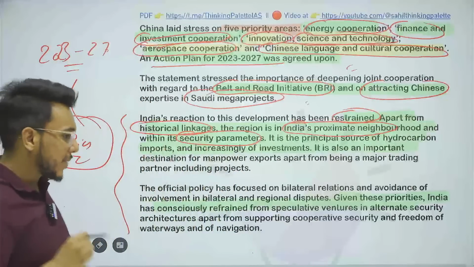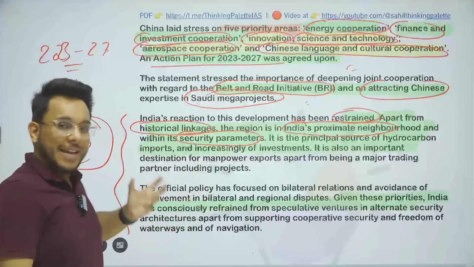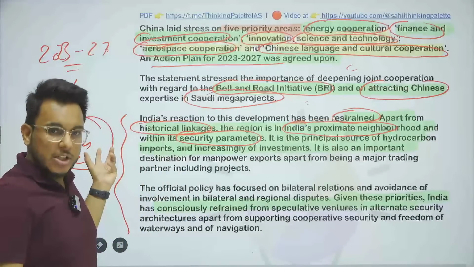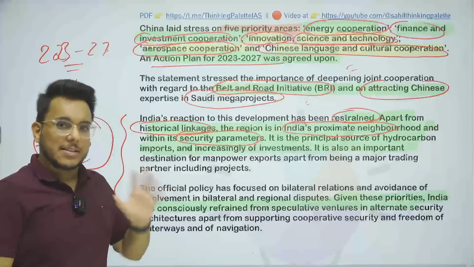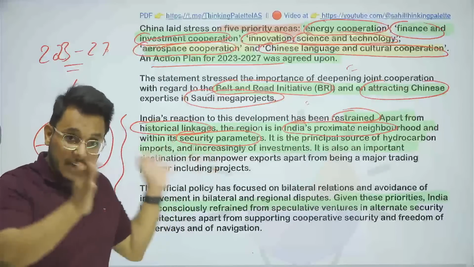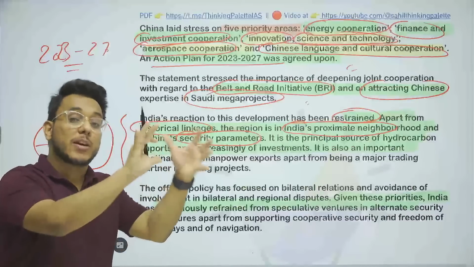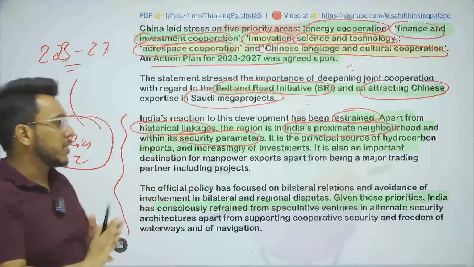And understand this thing: if cooperation is increasing in India's extended neighborhood, that is West Asia, if friendly relations are increasing, at the end of the day, it is good for security. It is good that when the countries come together, they will be able to jointly crack down on terrorism. So this is a good thing.